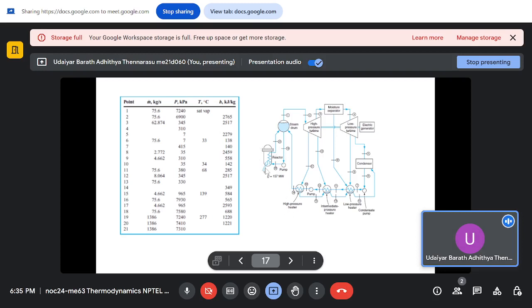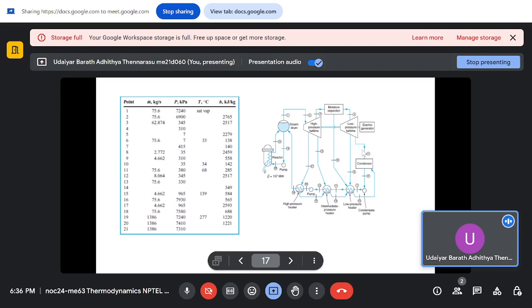So you have the reactor here where you are supplying heat of 157 megawatts, and that is going into heating the water in the steam drum, from where your steam is getting generated. Then that steam you are supplying to the high pressure turbine. At the high pressure turbine exit, you are sending it into a moisture separator. After expansion, you will have two phases, so you are separating liquid and vapor, and the vapor again you are supplying to a low pressure turbine,